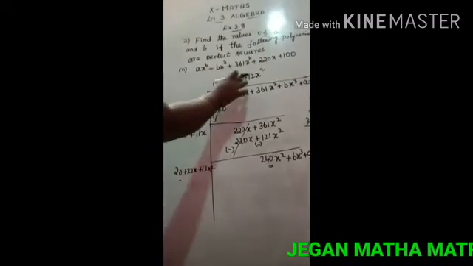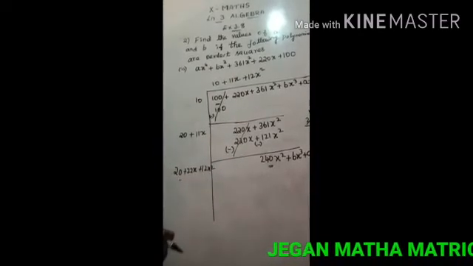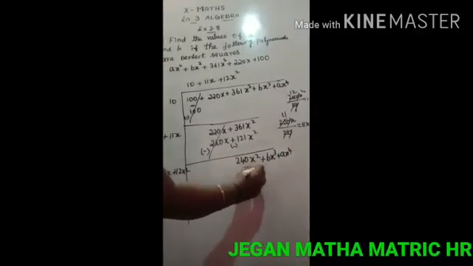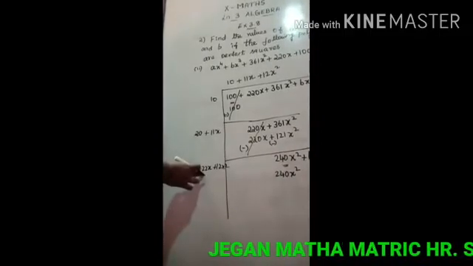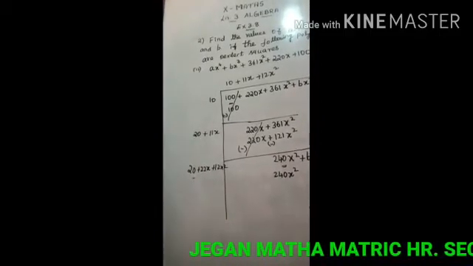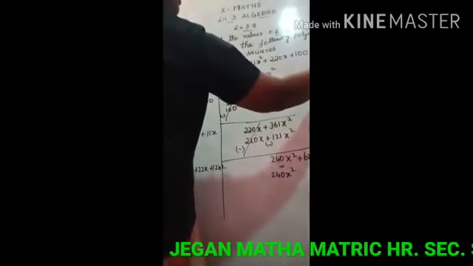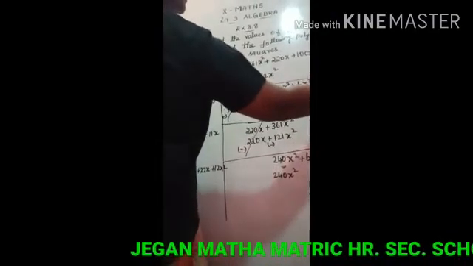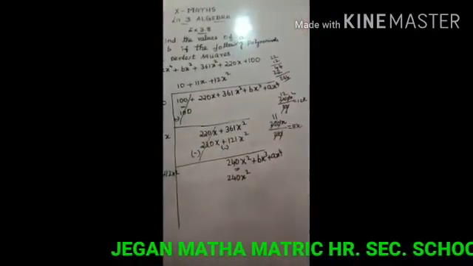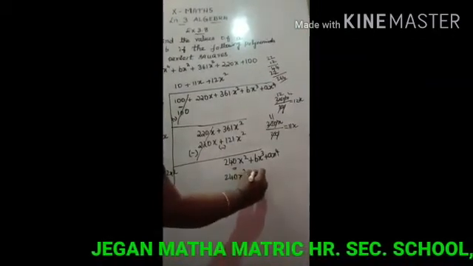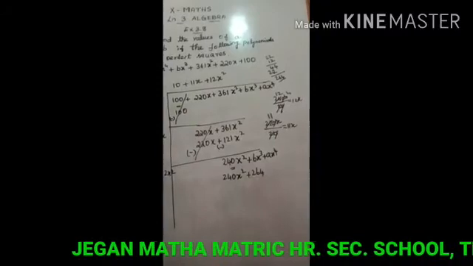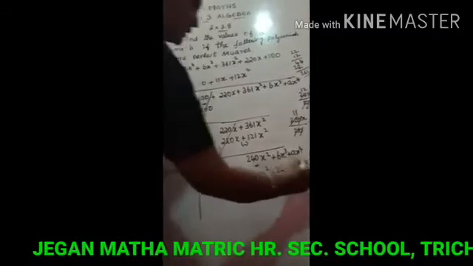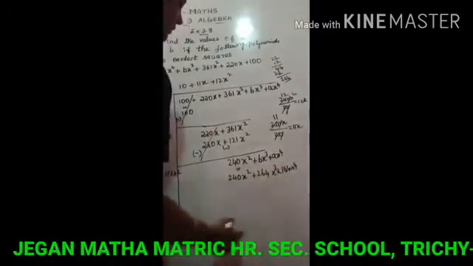Then multiply 12x square into the 3 expression. We have 20 into 12, 240x square. Then 12 into 22. So multiply 22 into 12. We have 2 2s are 4, 2 2s are 4, 1 2 is 2, 1 2 is 2. So 264. So 12 into 22, plus 264 x into x square, x cube, plus 12x square into 12x square, we have 144x power 4.